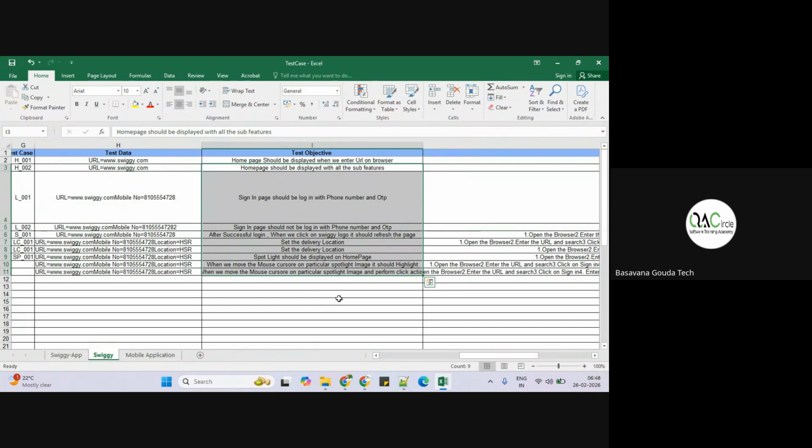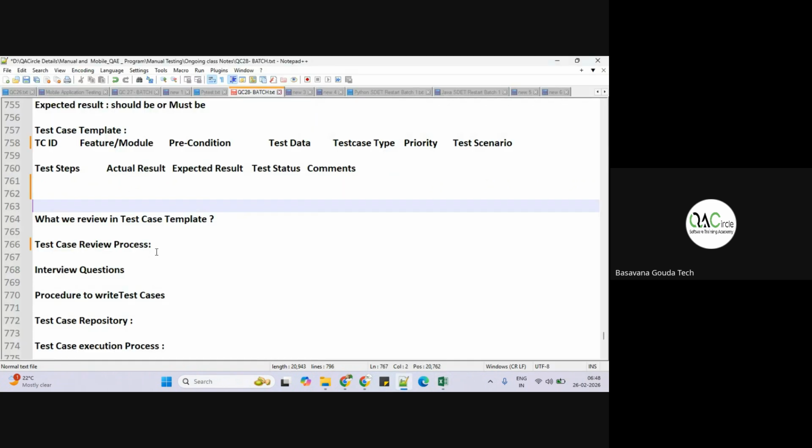Okay. Now write down the procedure to review test case. Whenever customer gives the requirement,